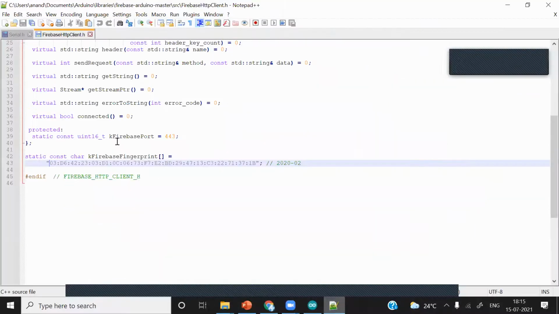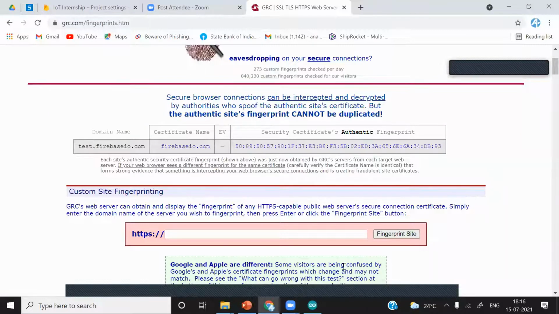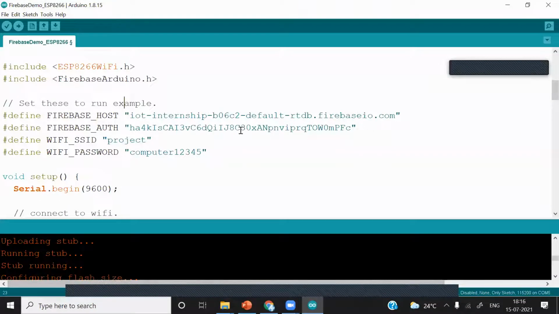And after that, you have to go to this library. Don't worry, I will show you again how to find this file and how to edit it. Select this and delete it. After deleting, just Control V, right click and paste. Okay. After that, hit Control S to save this file, and we will just minimize this. I'll just close it. And what we will do, we will again upload the code and see what happens.